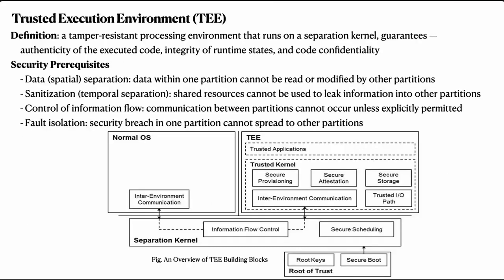A trusted execution environment is defined as a tamper-resistant processing environment that runs on a separation kernel. It guarantees the authenticity of the executed code, the integrity of runtime states, and the code confidentiality. It has four main security prerequisites. First is data separation. Data within one partition cannot be read or modified by other partitions. Also, it has sanitization. Its shared resources cannot be